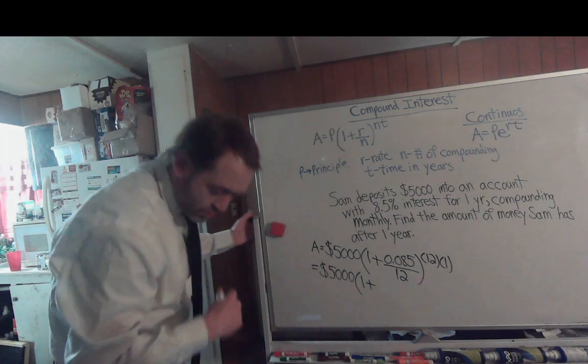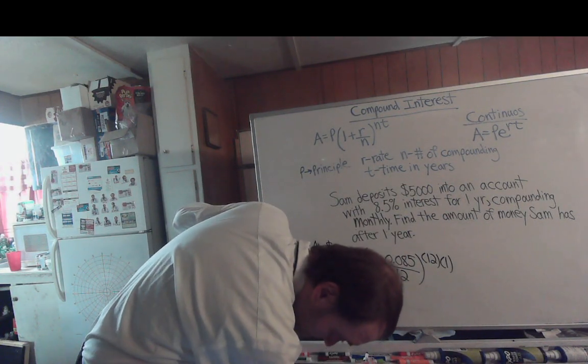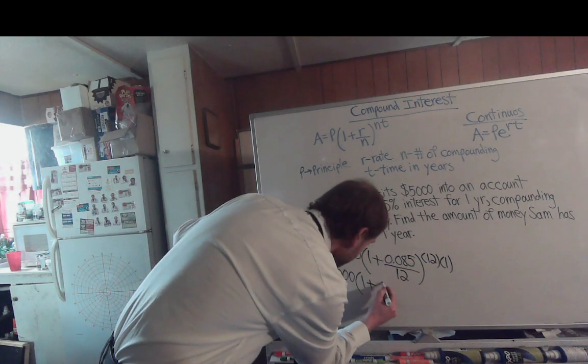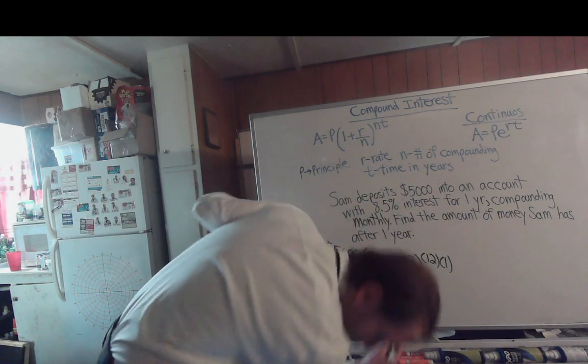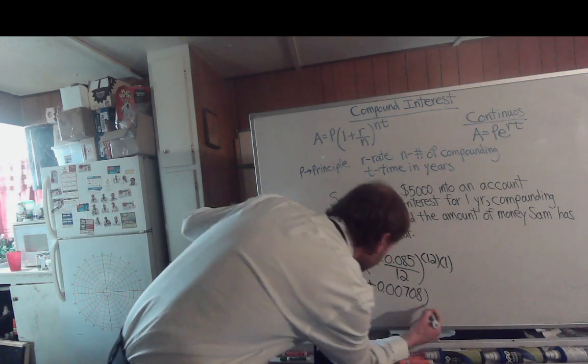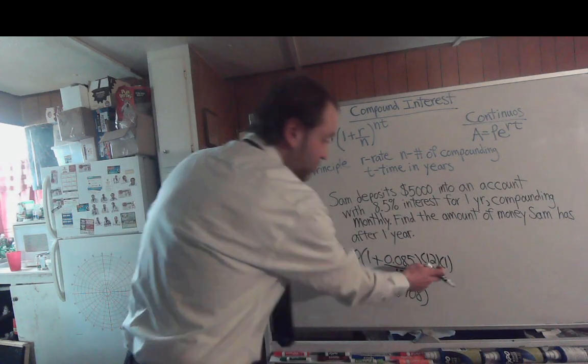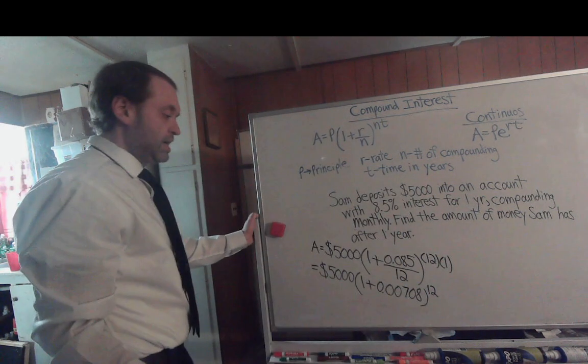Let's round to 5 decimal places. 0.00708, it's roughly that. Then to the 12 times 1 power, which would be to the 12th power. Now, of course, this will simplify into